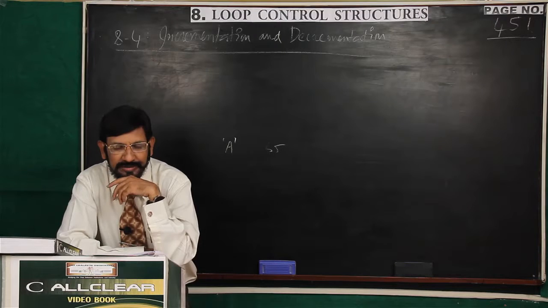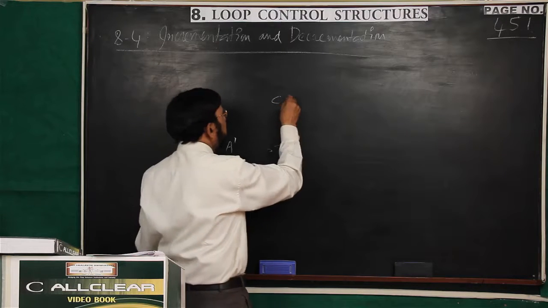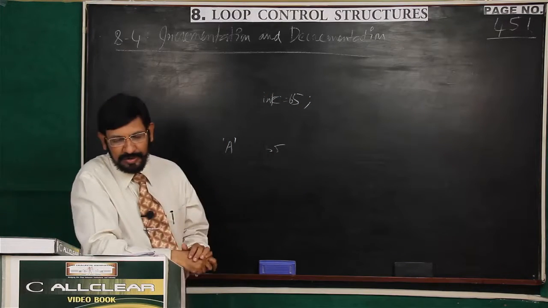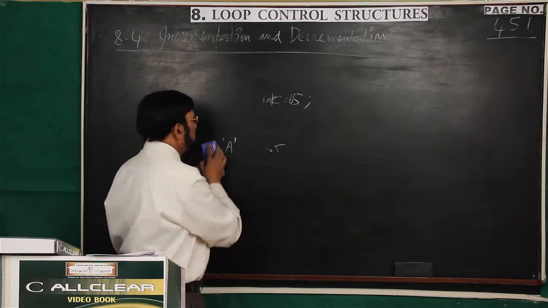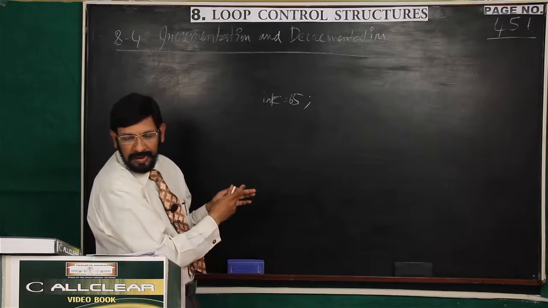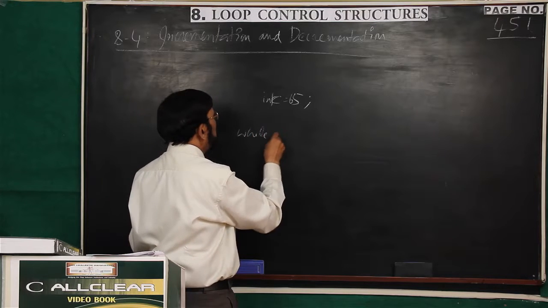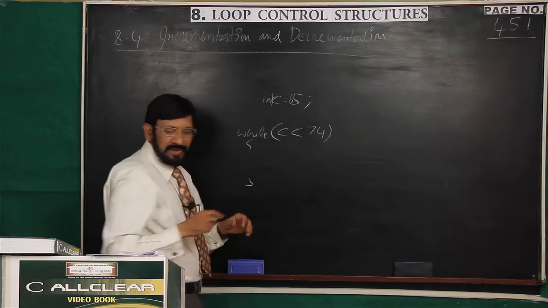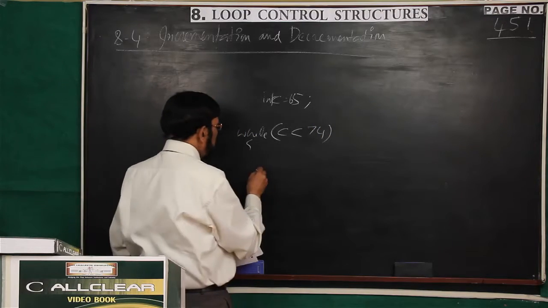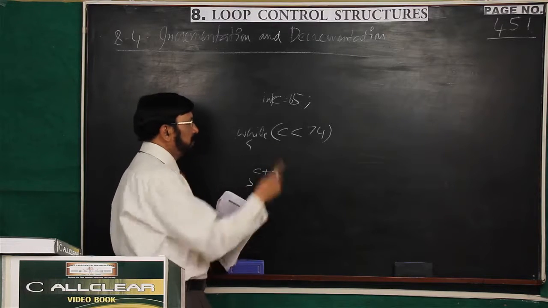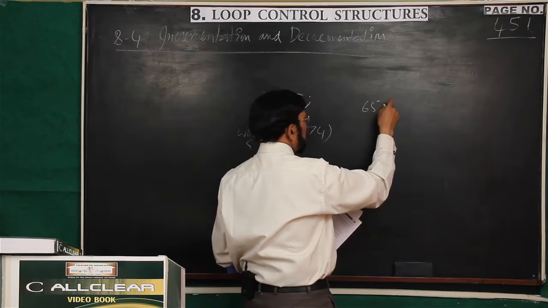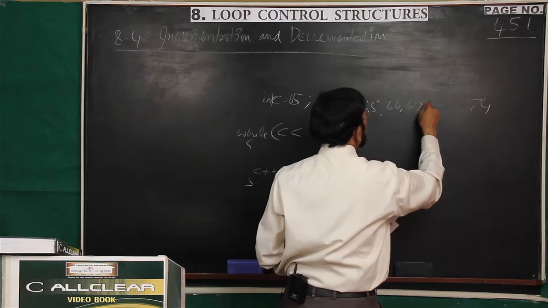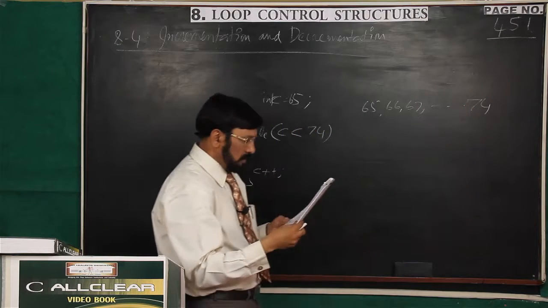So you see this, 8.4. Initialization: int c = 65. That is the initialization. Test expression: while c is less than 74. Within the loop, what have you written? c++. Just try to understand. 65 to 74: 66, 67, like this, up to 74 you want to print,